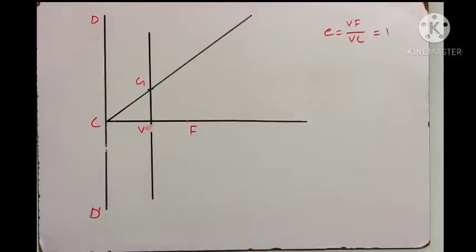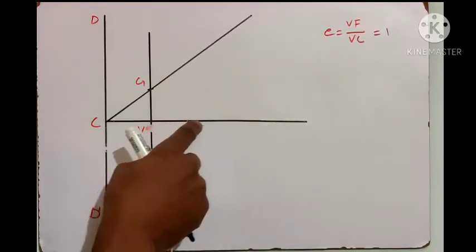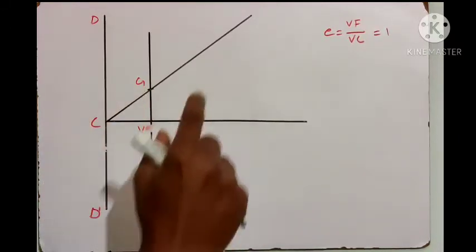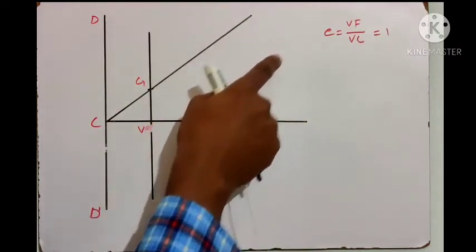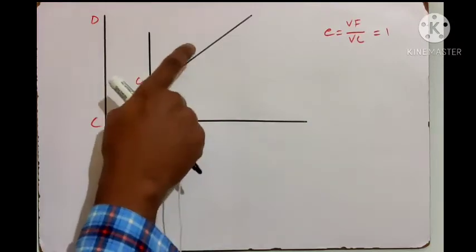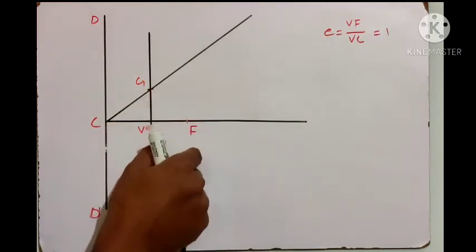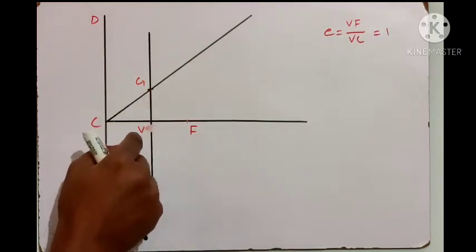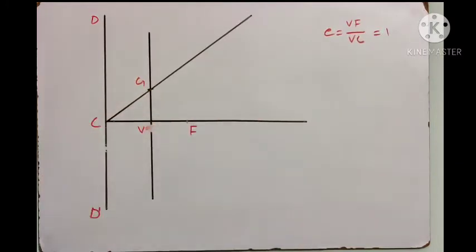The reason is, for instance, in the construction of the ellipse, you draw a 45 degree line from F. In the ellipse, both the lines will intersect, whereas here it will not intersect, because if you draw a 45 degree line, that line will be parallel to this, because this is also a 45 degree line. The reason is the VG distance is nothing but VF, and VF is equal to VC. So VG and VC are equal, which means this line will also be a 45 degree line. So both will not intersect, and you will not get the other vertex point. That's the only difference.